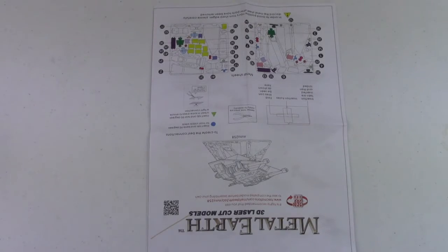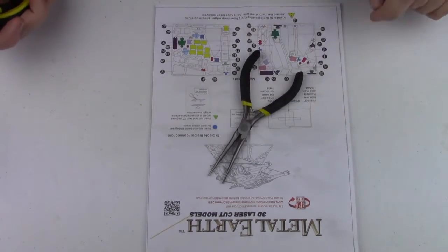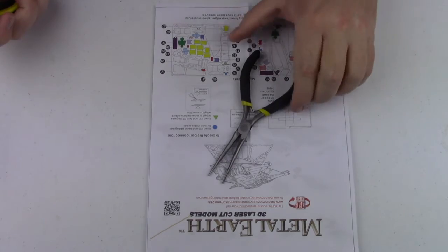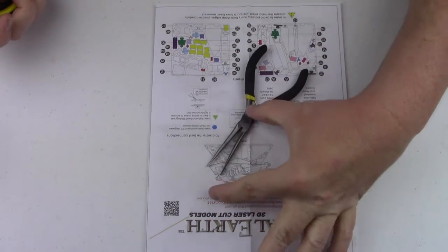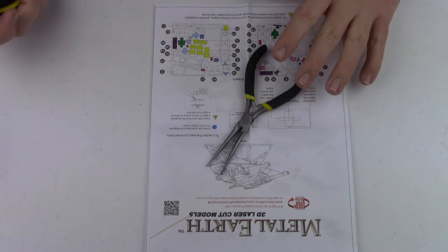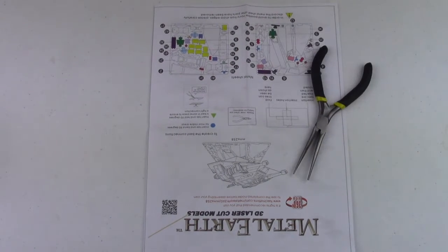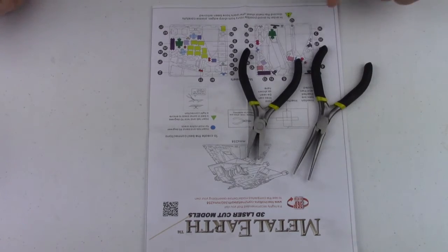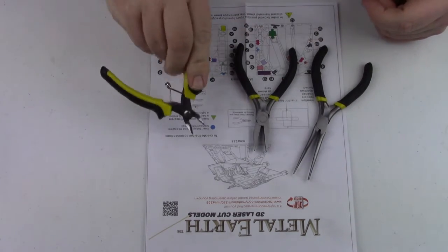Tools that you may need for building this kit. Long needle nose pliers, or long nose pliers. I find these extremely useful. They're needle nose, but these are a little bit longer than most of the ones I've ever used before. They're great for bending long, thin parts, great for getting into hard to reach areas. Find them very useful. Flat nose pliers are also a good thing to have, as well as probably one of the most important,